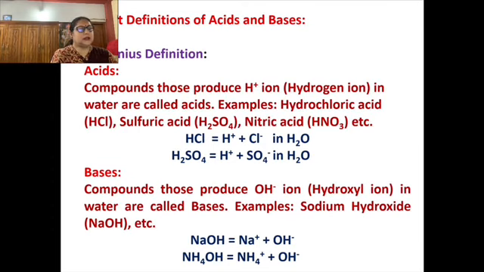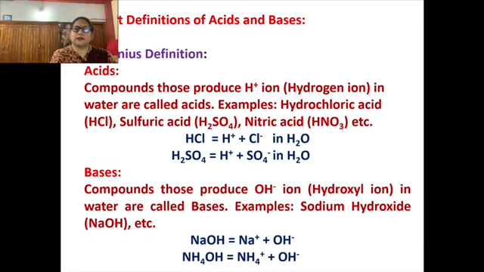Now see the formula. In both the cases, that means hydrochloric acid and sulfuric acid, we have hydrogen. When we dissolve this acid into water, there is release of H plus ion. And the strength of an acid depends on the amount of hydrogen ion that are released by that particular acid. So according to Arrhenius, proton releasing compounds are known as acids, and the bases are those compounds which release OH